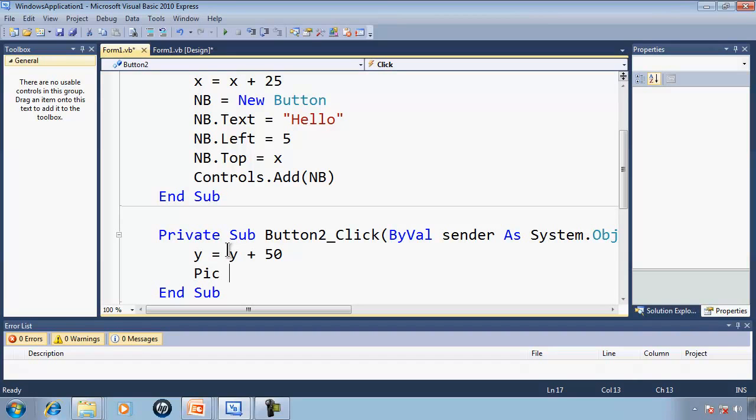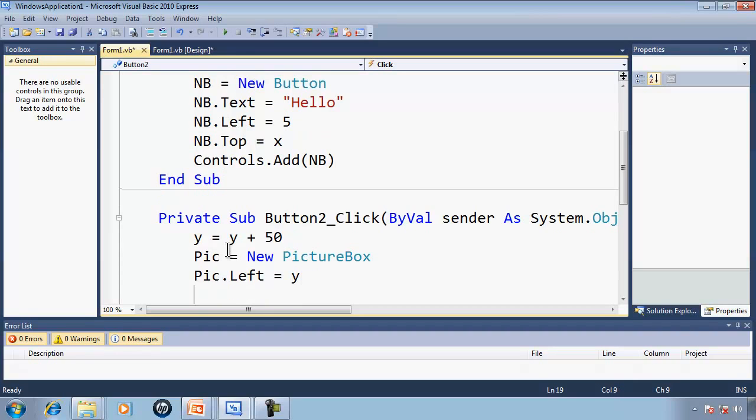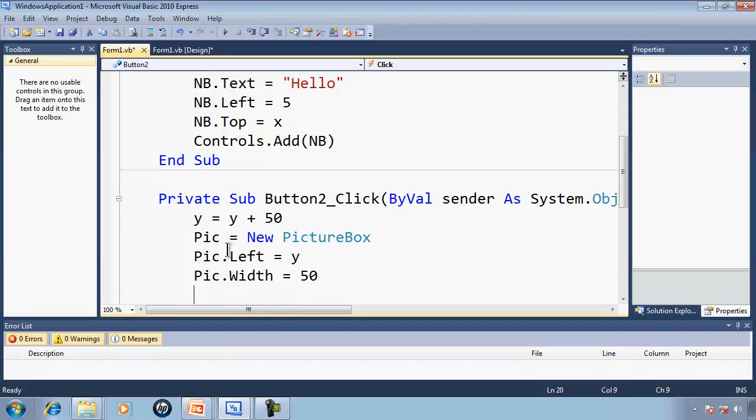So pic is equal to New PictureBox, pic.Left, I'll have it equal Y, pic.Width will equal 50, pic.Height will also equal 50,